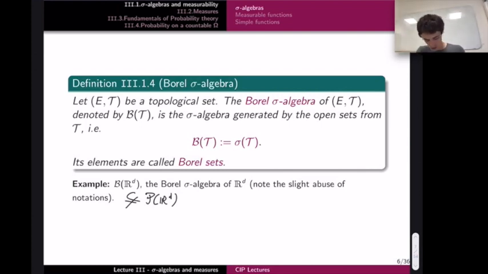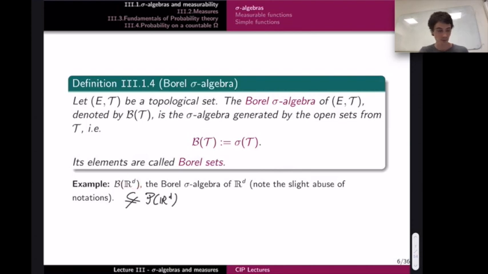So note also here, I applied this definition to R or RG. Note the slight abuse of notation, because here I did not write the topology of RG. I did not put the open set of RG, but RG itself. But what I mean is that for the usual topology of RG, which is the one used by the Euclidean distance, for this topology I consider the open sets, and B of RG is the sigma algebra generated by